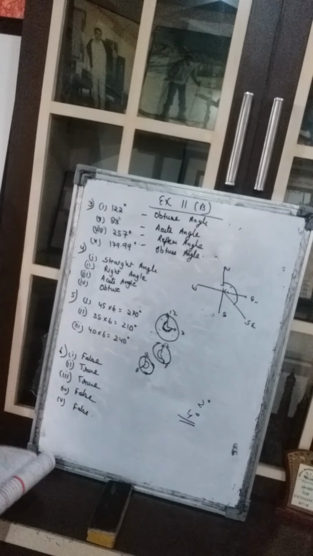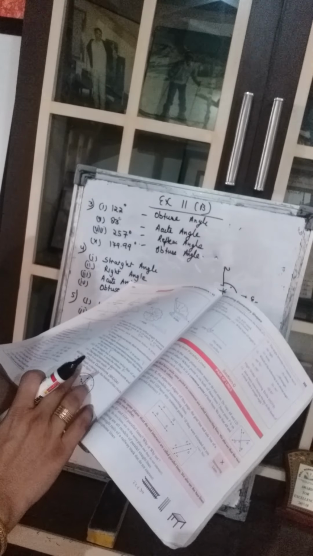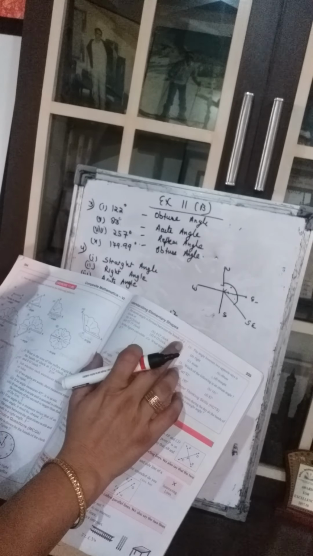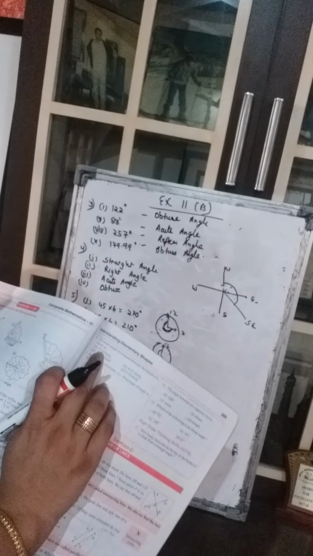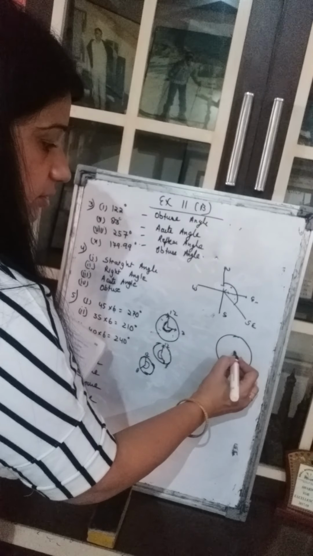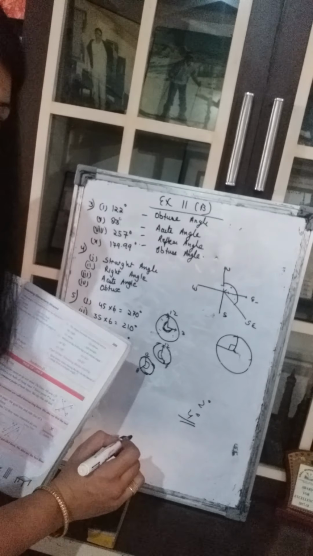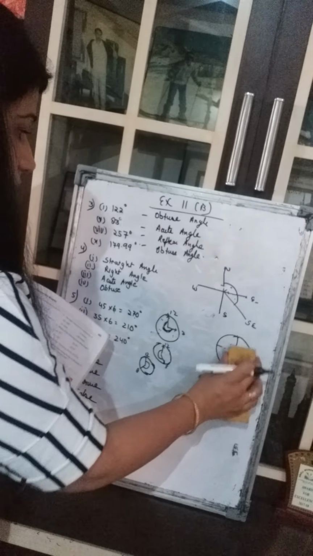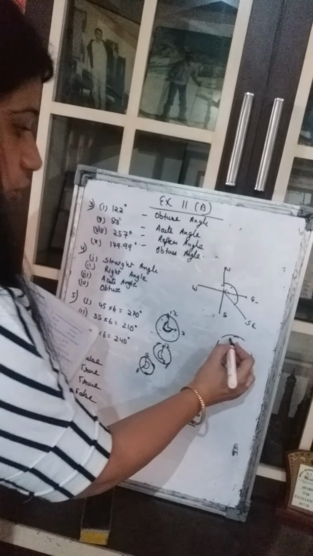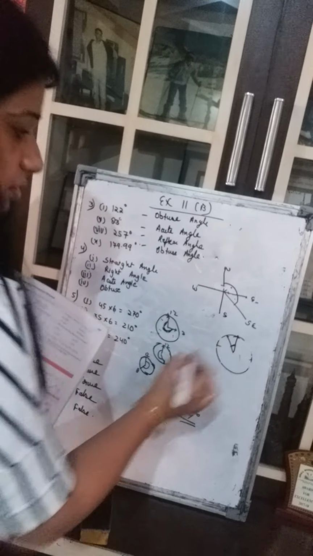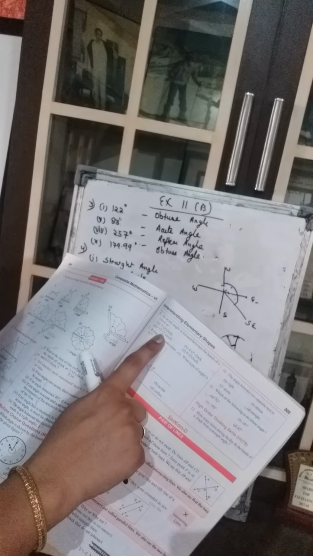Clear? Now, the MCQs you can do in the book only. It is saying which angle is shown by the hands of the clock in the given figure. Now, this outside angle, which angle is this? This is a reflex angle. Eighth part, an acute angle is formed between the hands of the clock at 9 o'clock. If it is 9 o'clock, between the hands it would be 90 degrees. So no, it is not an acute angle. At 4 o'clock, no. 11 o'clock, yes. This is 11 o'clock. This is an acute angle. So the answer is 11 o'clock.